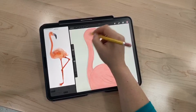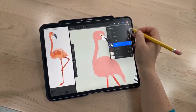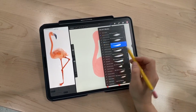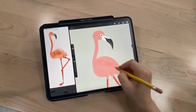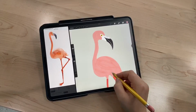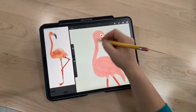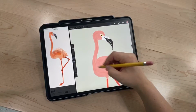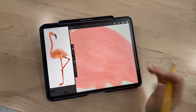It's subtle, but you can tell the difference when you zoom out. So you can see kind of a texture. I have one called Deep Edge Brush Strokes, and this makes strokes that are more pronounced, so you can see those edges a lot more. And it's perfect for this flamingo because they're feathery, and so they would have all this cool texture on them. So I'm following maybe where the feathers would go to get really